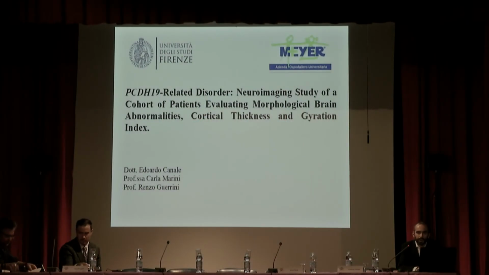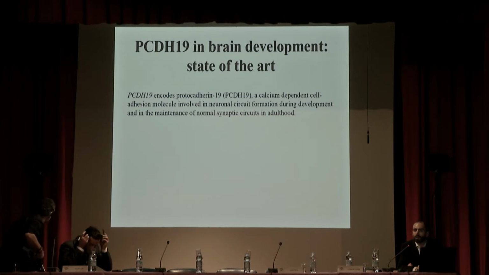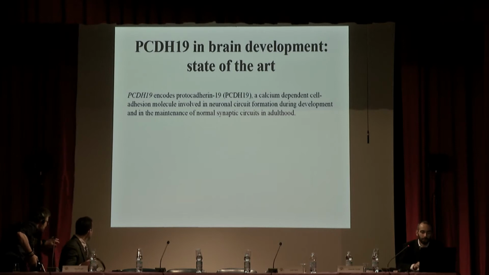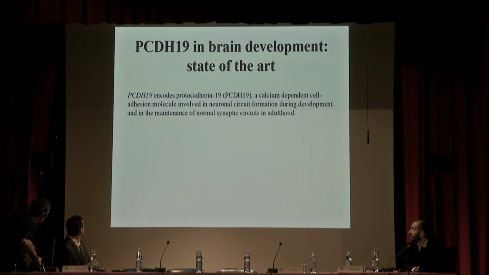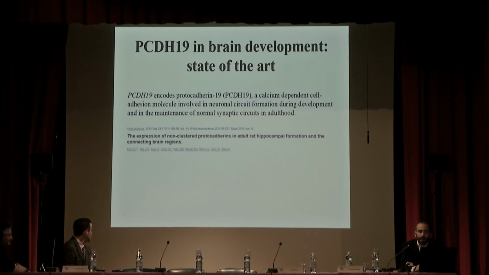I would like to start by clarifying the role of PCDH19. I will skip the clinical introduction because it's something that we've already looked at. We know that we're talking about a gene encoding protocadherin 19, a calcium-dependent cell adhesion molecule involved in neuronal circuit formation during development and in maintenance of normal synaptic circuits in adulthood. The expression of non-clustered protocadherins is linked to the basolateral part of the amygdala, the entorhinal